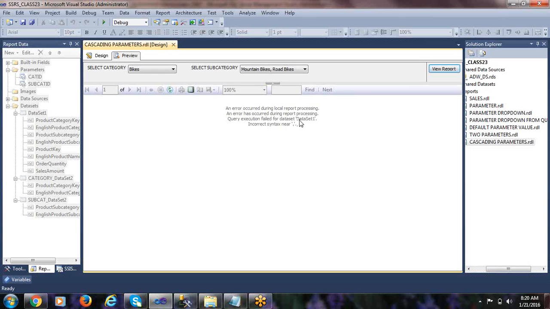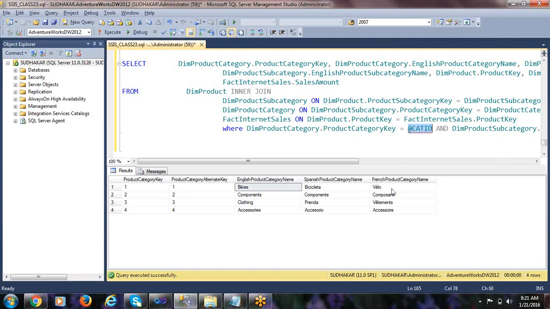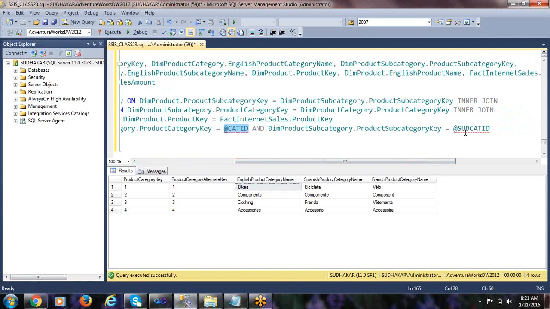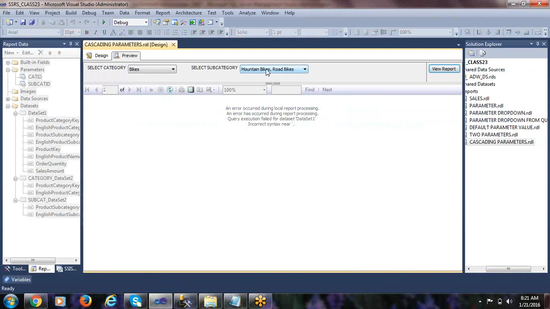Because see, there is an error in dataset 1. Dataset 1 is your main dataset. In your main dataset there is incorrect syntax. For bikes, you have selected only a single value for the first parameter, that is @cat ID. For the second parameter, you have provided multiple values, more than one value.